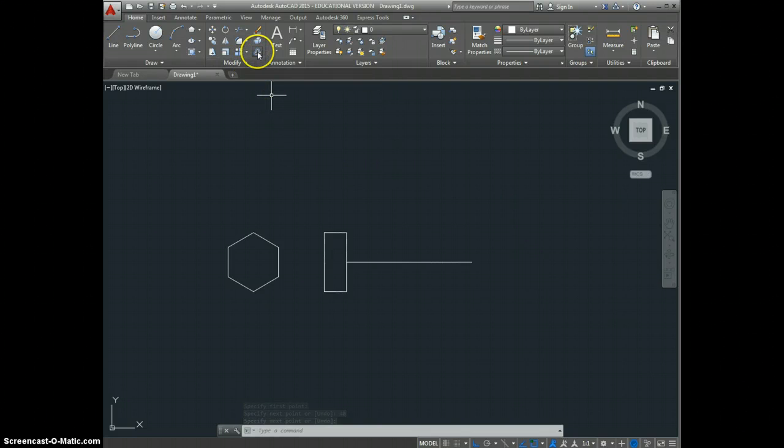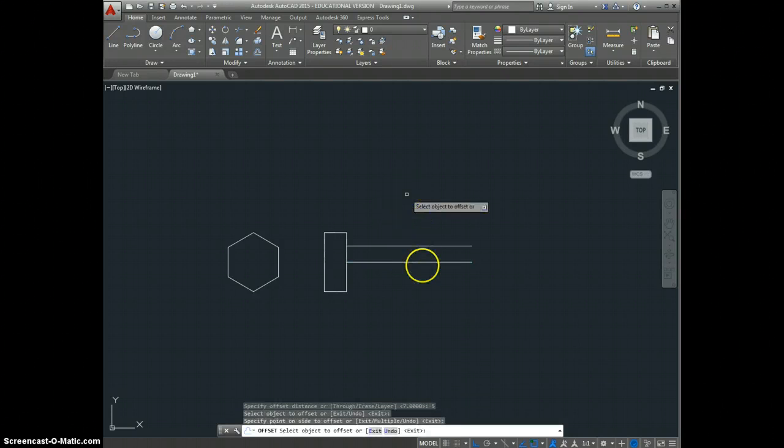So what I'm going to do is offset, and because it's an M10, out from the center line is 5 mm, so I type in 5, offset 5, enter, select the object to offset, which is this line, and I'm going to offset it on the top to start with, pick on the center line to offset, drag down, pick, enter, and I can actually erase that center line now,